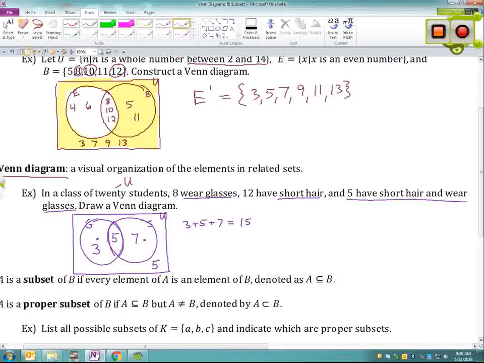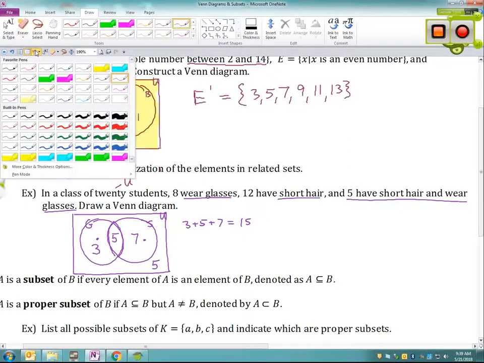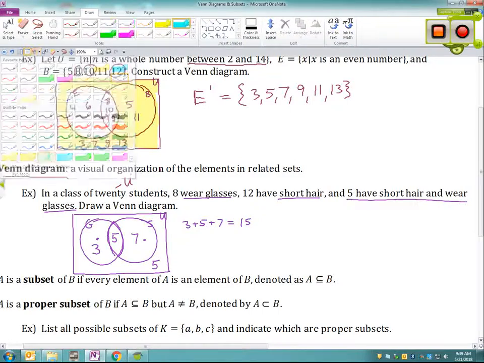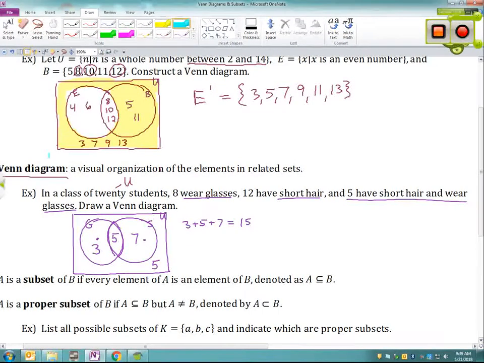So another example, something we might need to do with this is we might need to shade the areas of all of the students that do not have glasses, okay? So if we were asked to do something like that, shading the regions that represent students that do not have glasses, or G prime, in other words, that's going to be all of this. Out here. Oh, I kind of went outside my bubble a little bit. That's okay. So you might have shading questions, you might have questions about numbers, but there's a lot of different things we can do with the visual representation.